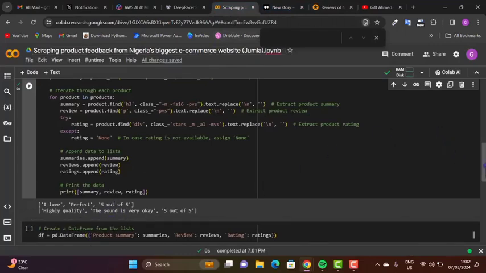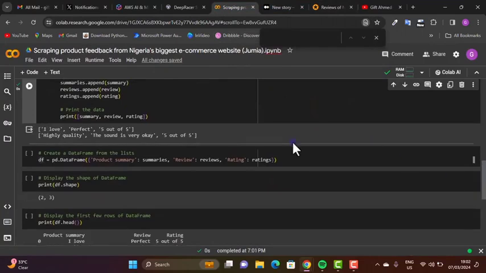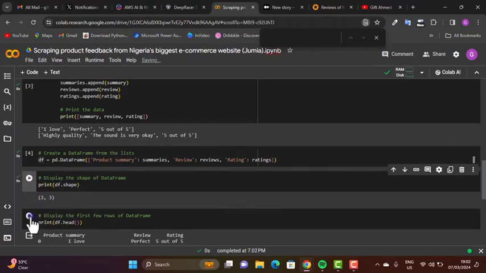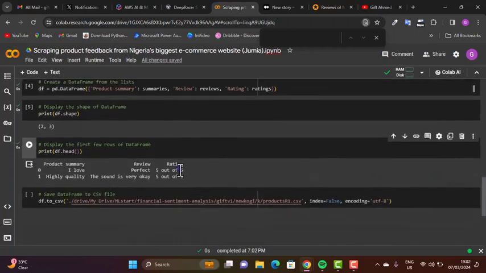What I have to do in the next stage now is to create a data frame for it, which I created: product summary, review and rating. If I run that now, it creates that data frame for us, and we could check the shape of the data, which is 2 by 3, and then we could see the header, which is the first item. This is how it's going to look in your Excel sheet. And now to save to my OneDrive, I would run dataframe.csv